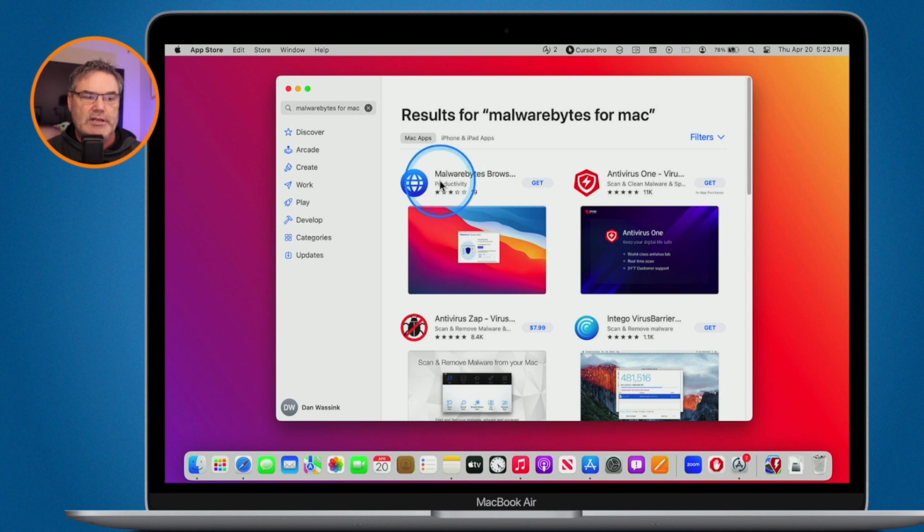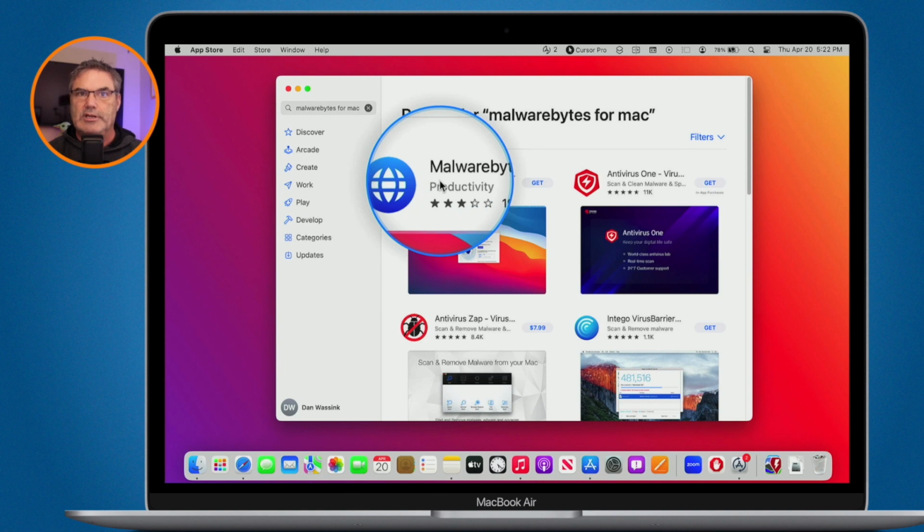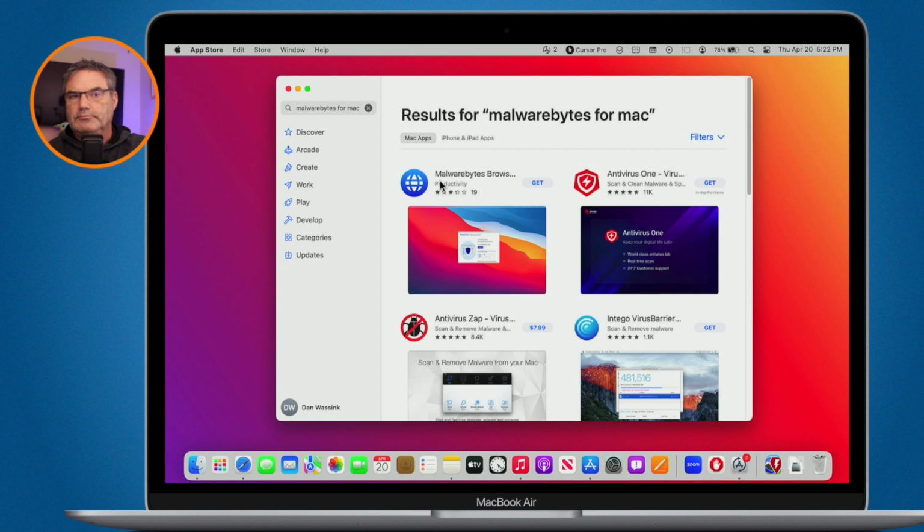Being that this is in the App Store, it does have to be sandboxed, which means it's in its own little box and it can't really touch anything else. So if I were to put one on my computer, I would do this one, so I could easily delete it. Now let's talk about CleanMyMac. CleanMyMac is a little bit different.